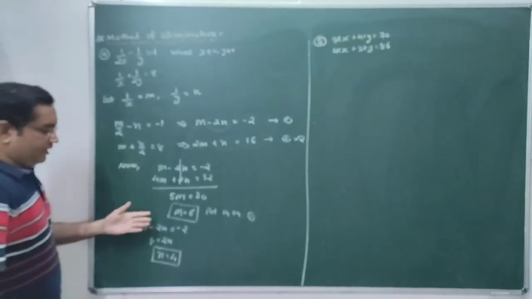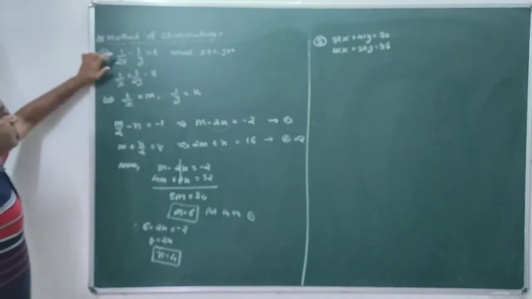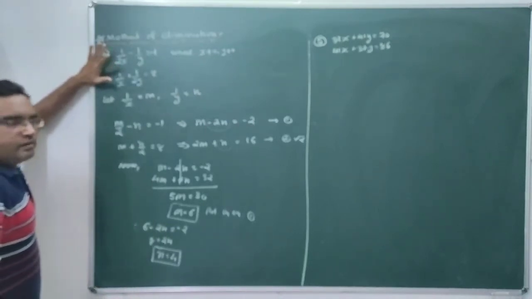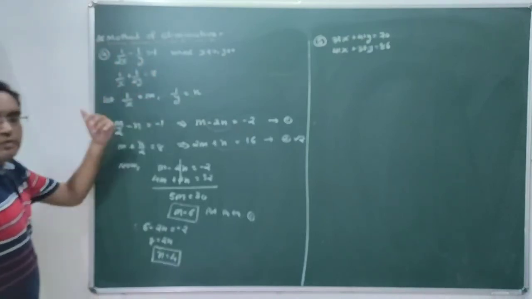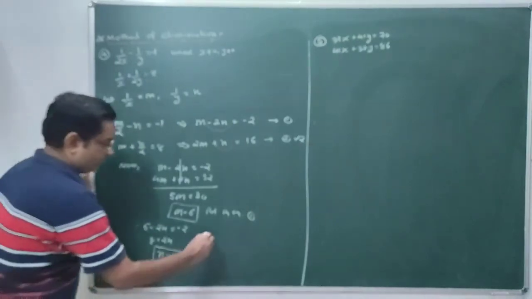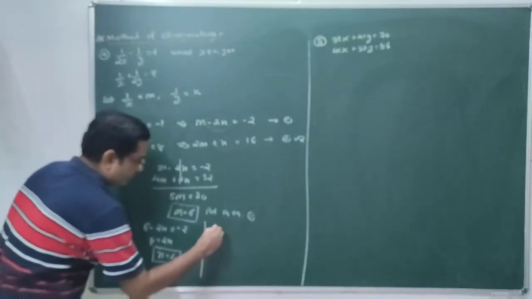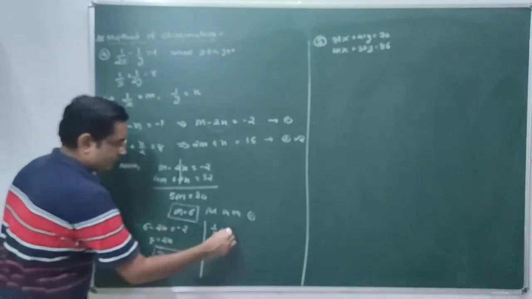अभी आप कहोगे सर ये हमारा आंसर है. Our question is solve the equation in form of variable x and y. So your answer must be in form of x and y. This m and n that we have considered. So what is m? M is 1 by x. So now our 1 by x equal to m and our m is 6.